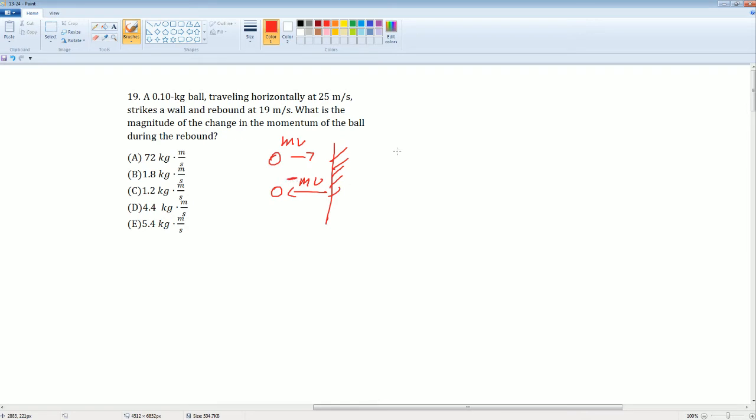Please understand this is going to be minus because I treat anything up and to the right as positive. So here, a change in momentum. I'm just going to write it as delta P is equal to m v final minus m v initial. In this case, the starting momentum and the ending momentum: what is coming in is 2.5 times 10 kilograms, and what was going out was